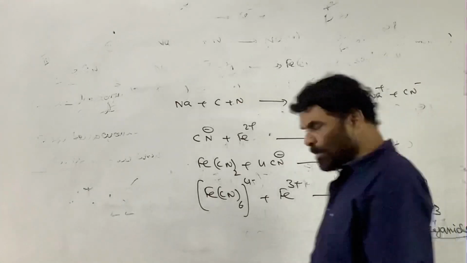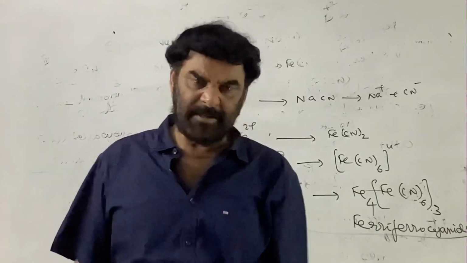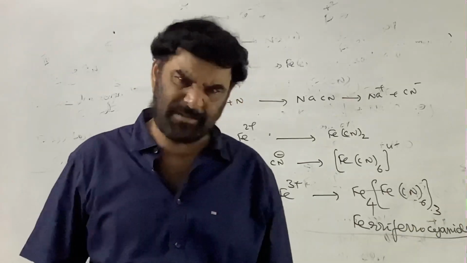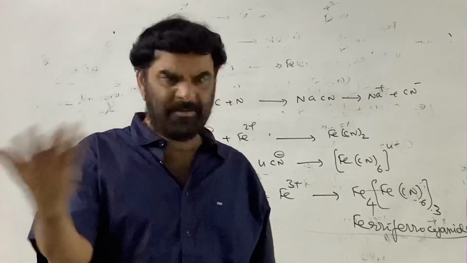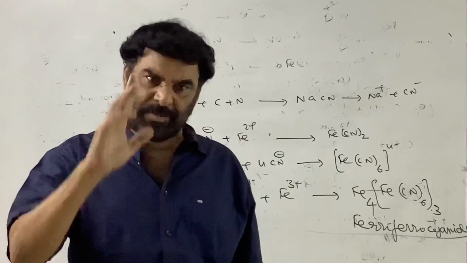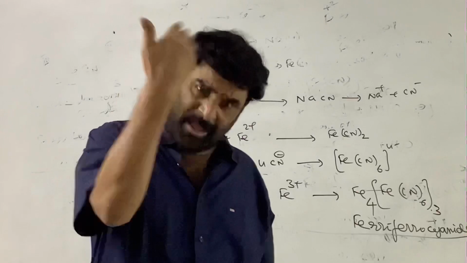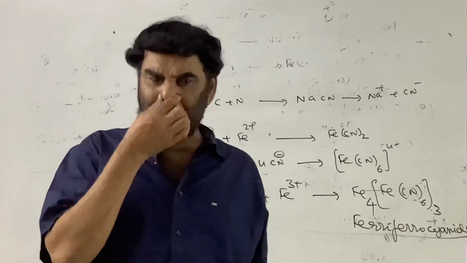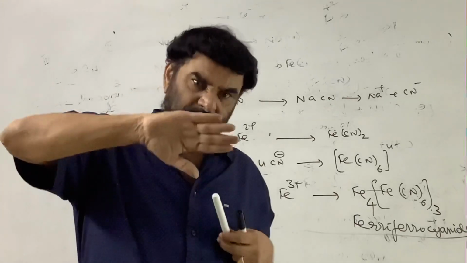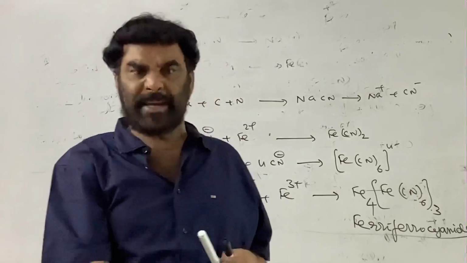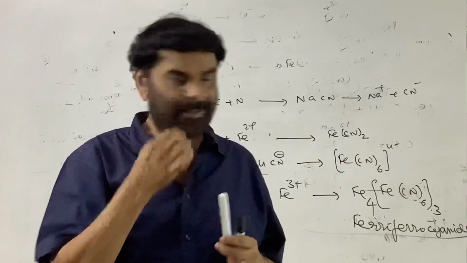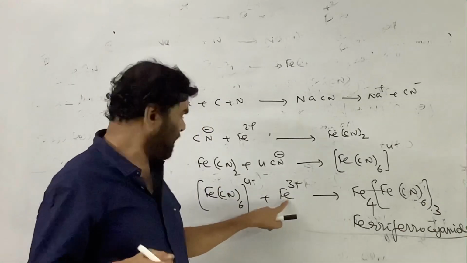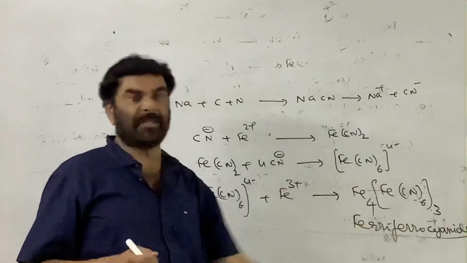Or else there is another procedure. Instead of the sulfuric acid in the last step, you can use HCl also. If HCl is used, ferrous sulfate is soluble in HCl, and ferrous chloride is formed. And further, you are externally adding ferric chloride. So instead of converting the ferrous ion into ferric ion, now you are adding the external ferric ion. Ferric chloride is the source for the ferric ion. The ferric ion reacts with the ferrocyanide formed and gives the same product.